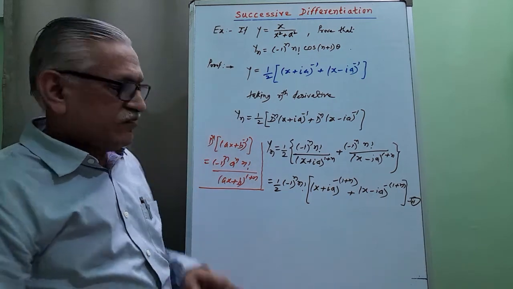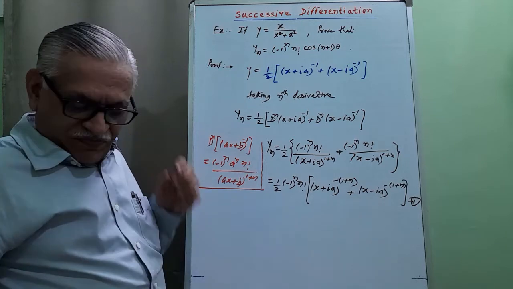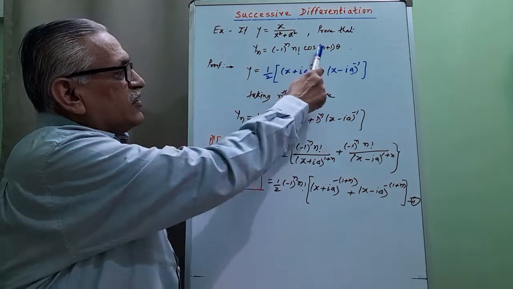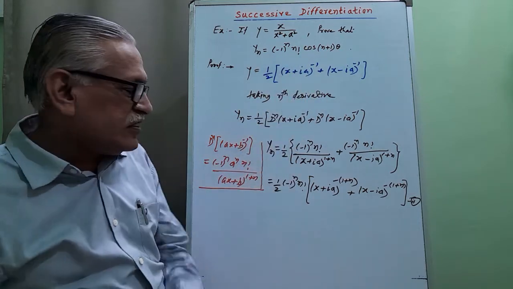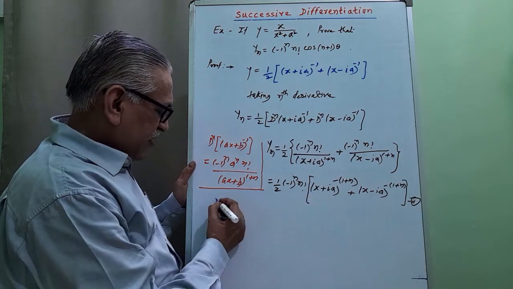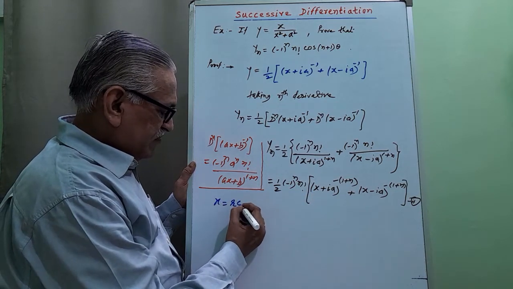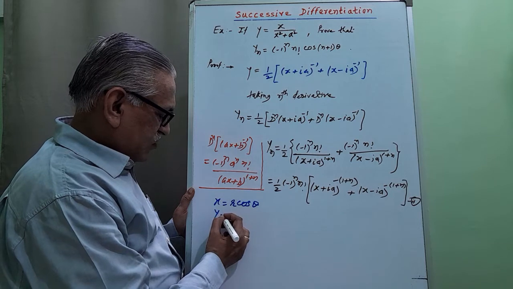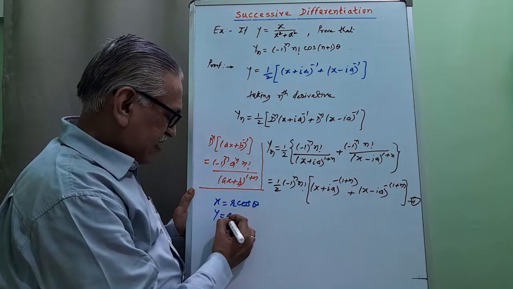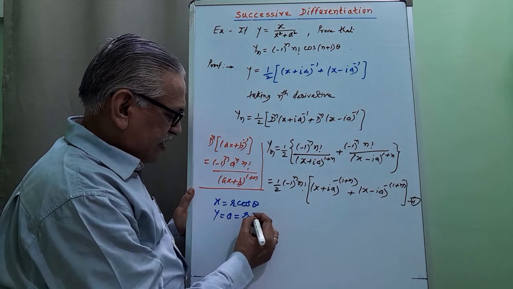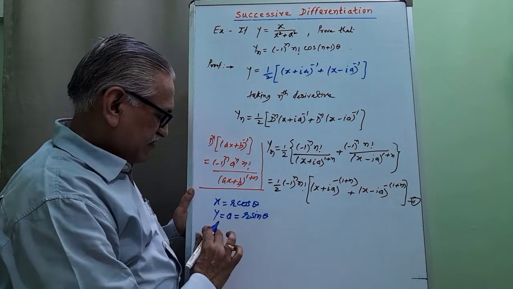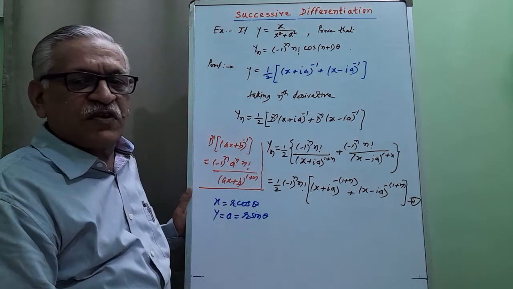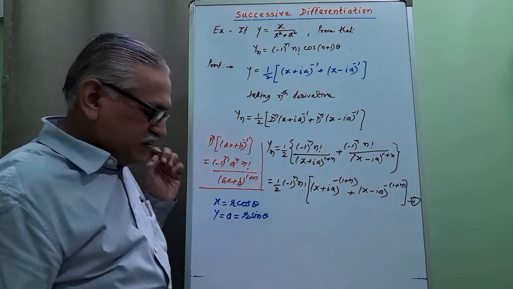This is the nth derivative containing a complex term in the result, and therefore we try to convert this into the required form by using the equivalent. We have x is equal to r cos theta and y is equal to, here y means the imaginary term, that is a, is equal to r sin theta. Using this equivalence to convert into polar form, we get yn is equal to